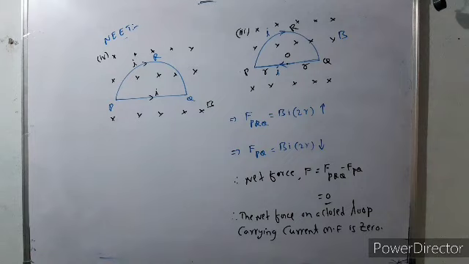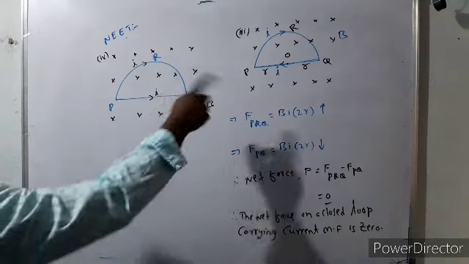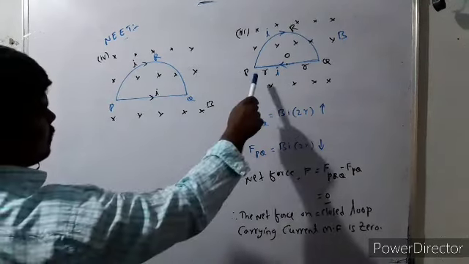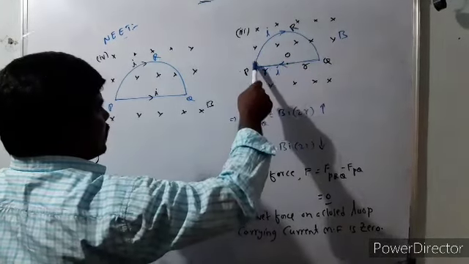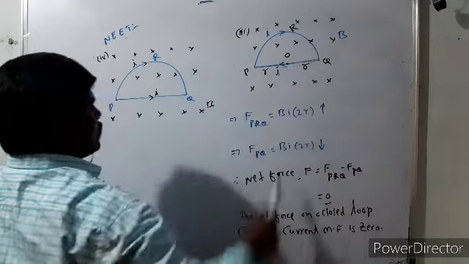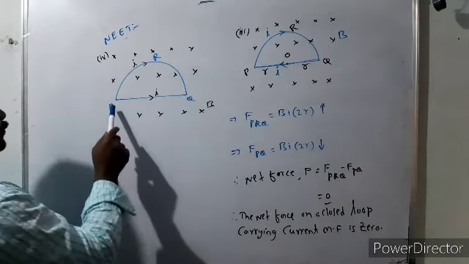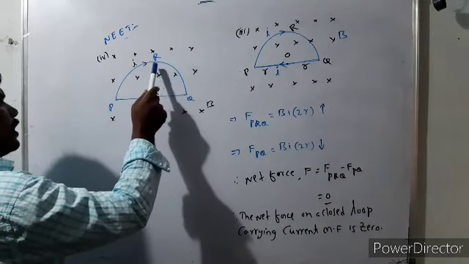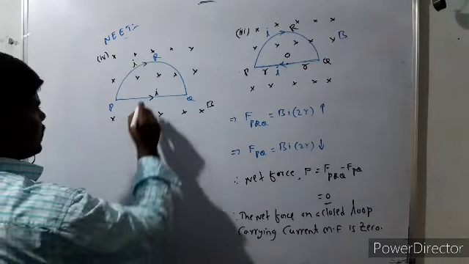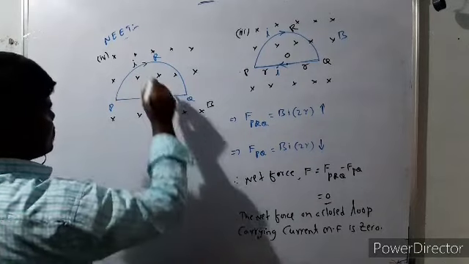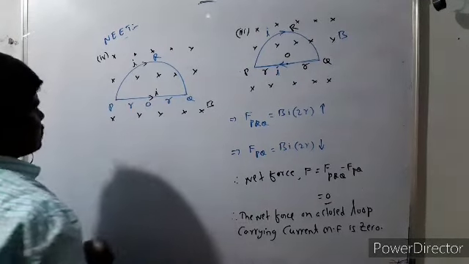Now we have to observe there is a difference between the third and fourth case. In the third case, the current is flowing from P to Q and again Q to P, meaning the current forms a closed loop. But here the current I is flowing from P to Q by R and also P to Q in the straight connector. Let O be the center of the semicircle, and let R be the radius.